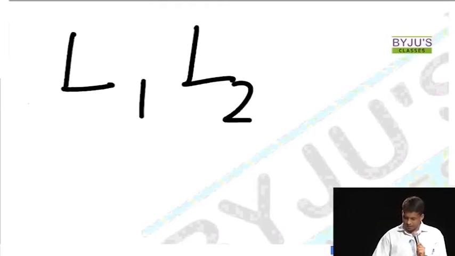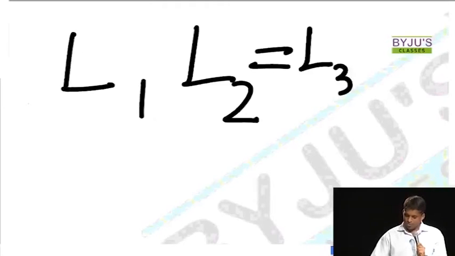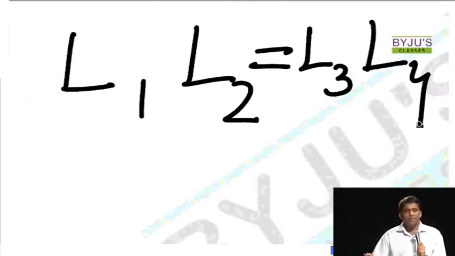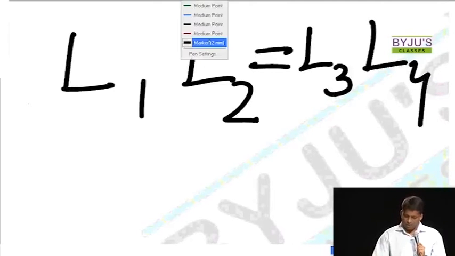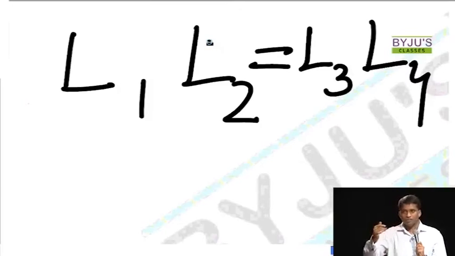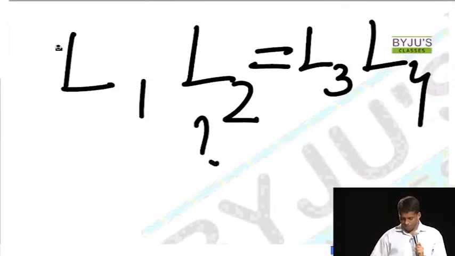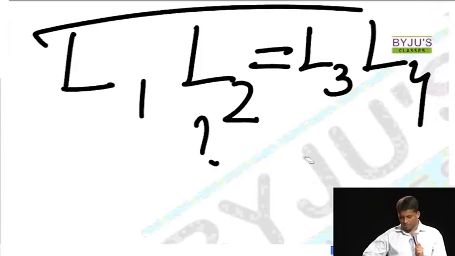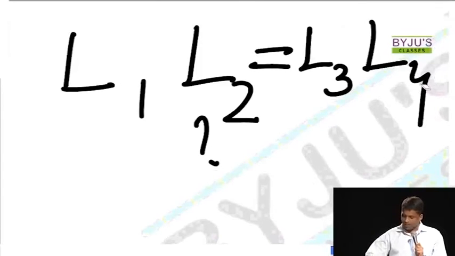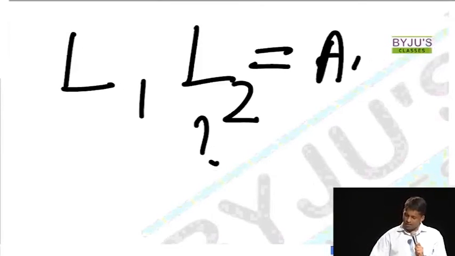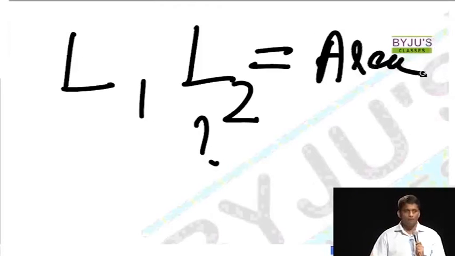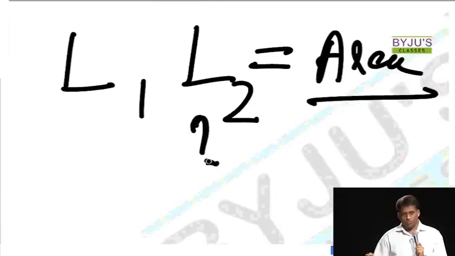Length into length is equal to some other way of finding the same area. While making the question, and so while solving, this is what you should expect: just one will be left as an unknown. This is very, very important for length-based questions. This kind of classification. Now instead of giving L3 into L4 on the right hand side, area can be given directly also for a particular diagram. So using this, you can make a length-based question.